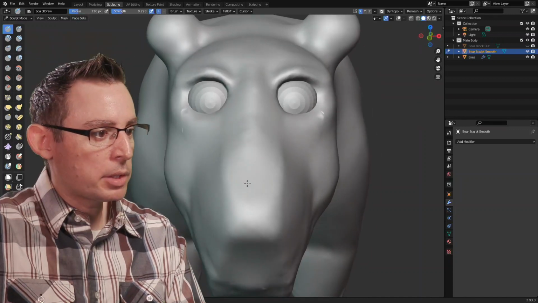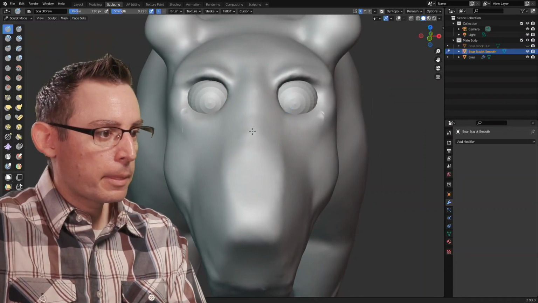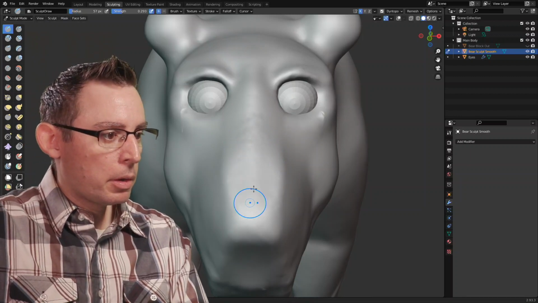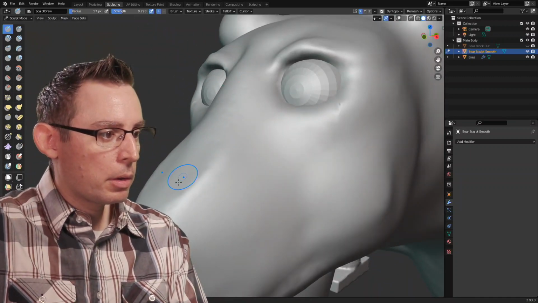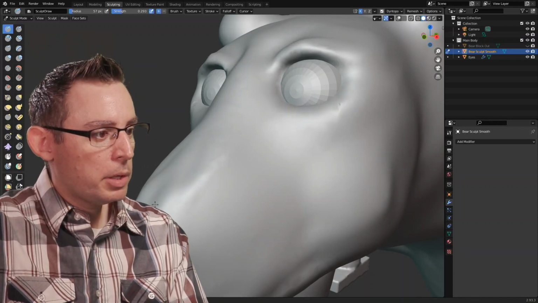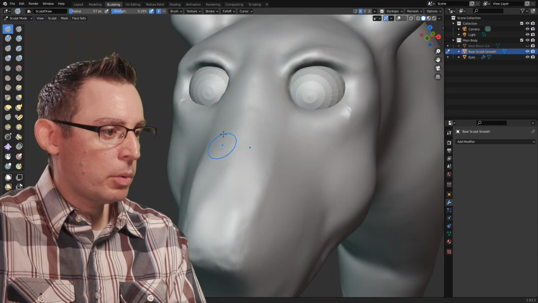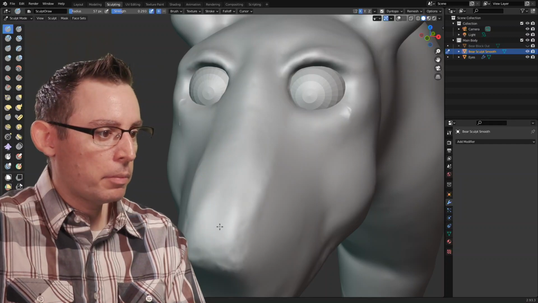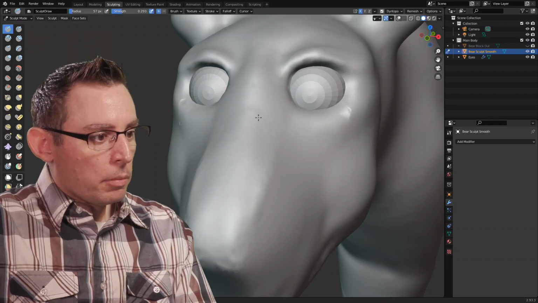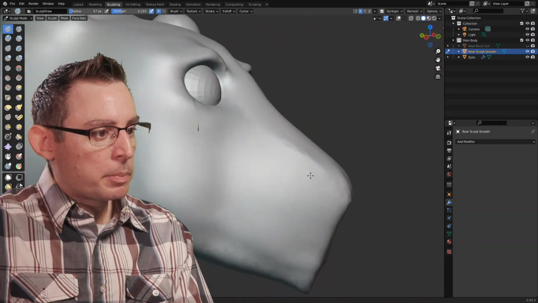Let's smooth that out just a little bit. Make my brush a little bit smaller. Flattened a little too much. Pinched it a little bit too much in here, but that's okay because we can always go back in and add a little volume. Yeah, and now that plane break is back.